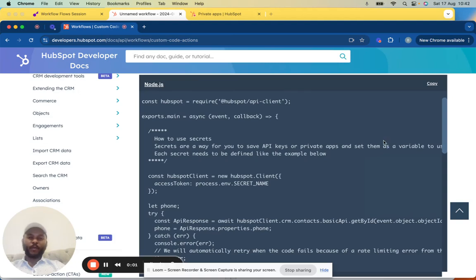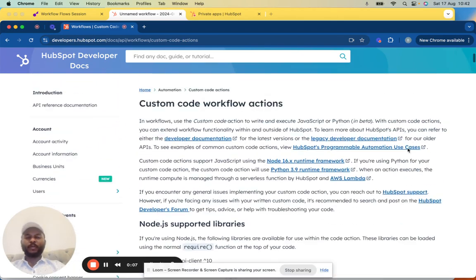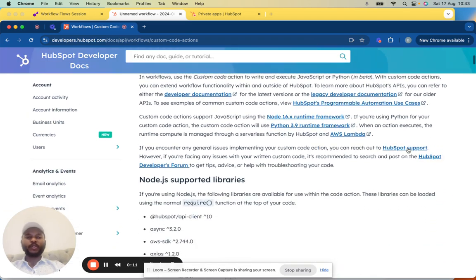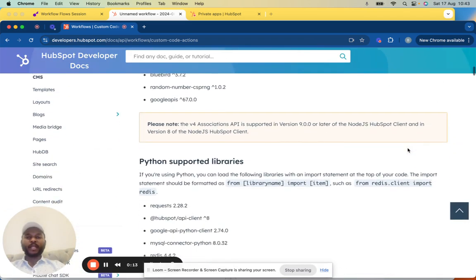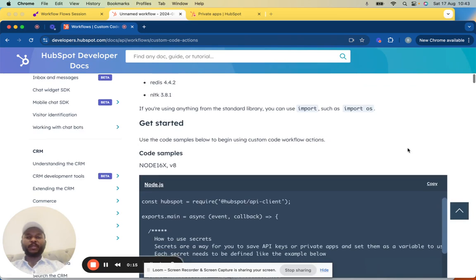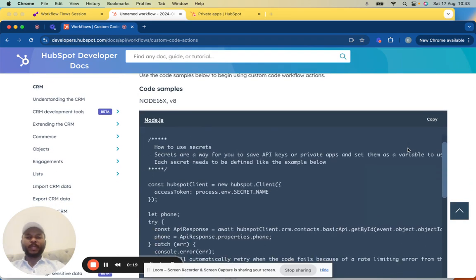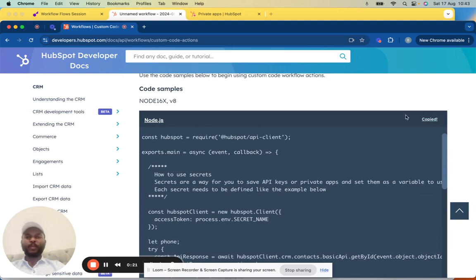Part 3: API integration with workflow custom coded actions. So we have the documentation here for HubSpot custom code workflow actions. Let's go directly to the code that we're going to test to see if it's going to work. We're going to use this code here, copy,